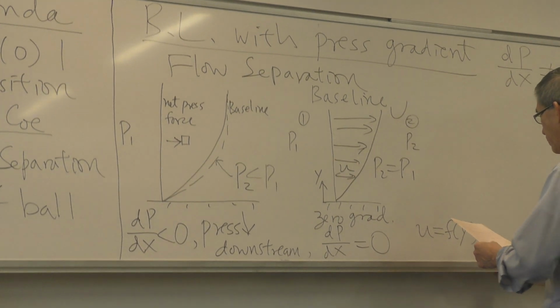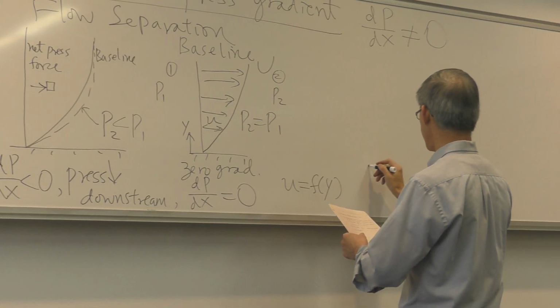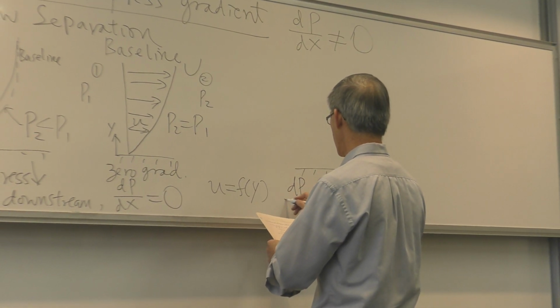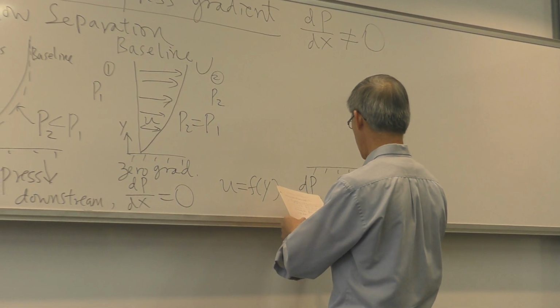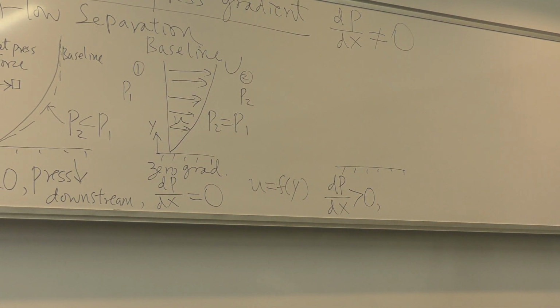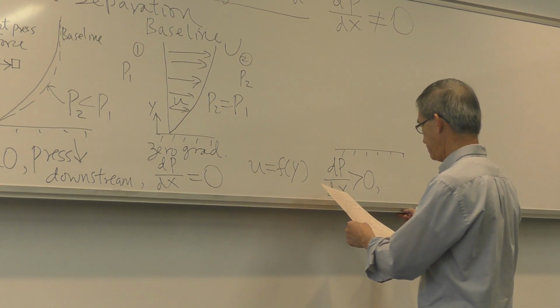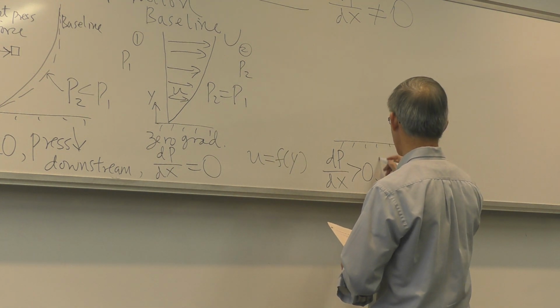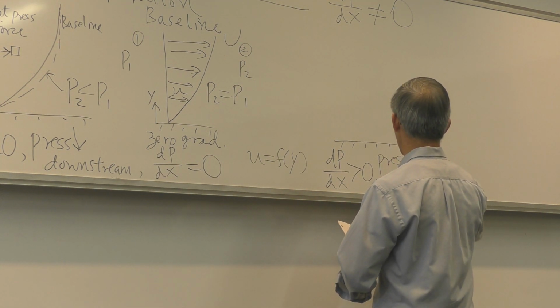Same comparison with the baseline. Now I have a different pressure distribution, where as I march downstream in the direction of the flow, the pressure actually goes up. So I have here pressure increases